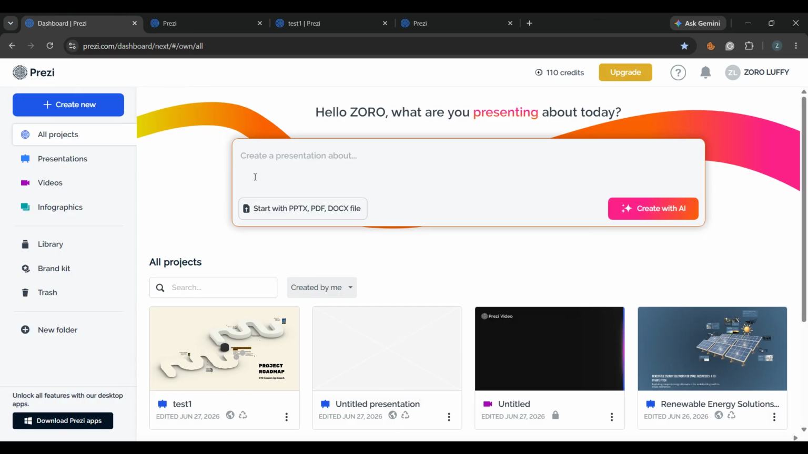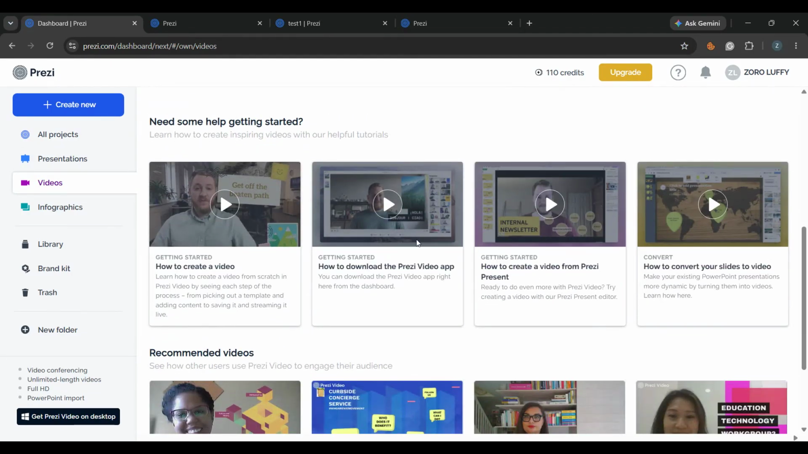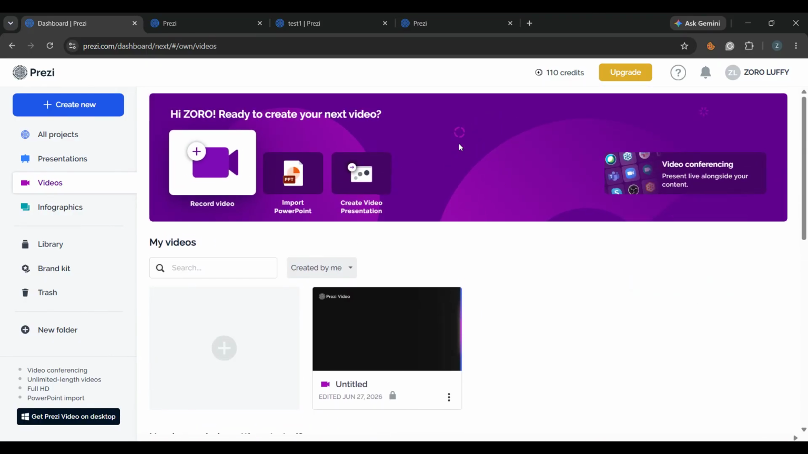The biggest advantage of using the official Prezi Video desktop app is that it gives you a smoother experience and better recording quality compared to browser-based tools. It's especially useful if you want to create polished videos, presenter-style content, or HD presentations without worrying about browser performance limits. So just to recap, go to the Prezi website dashboard, click Download Prezi Apps in the bottom left corner,